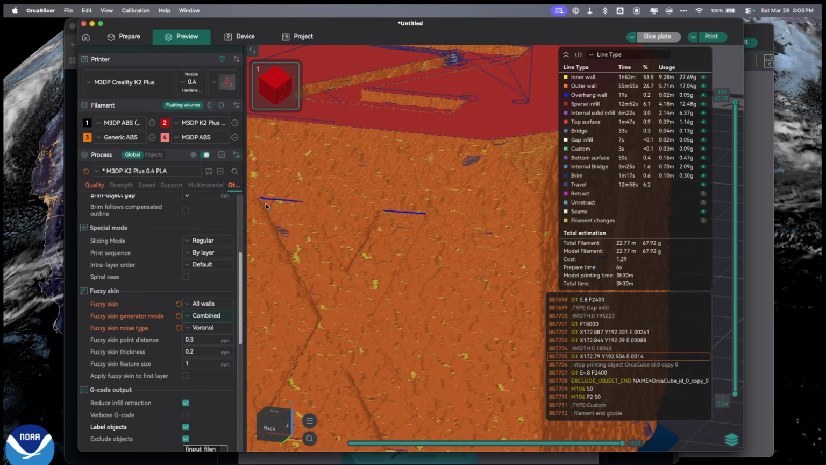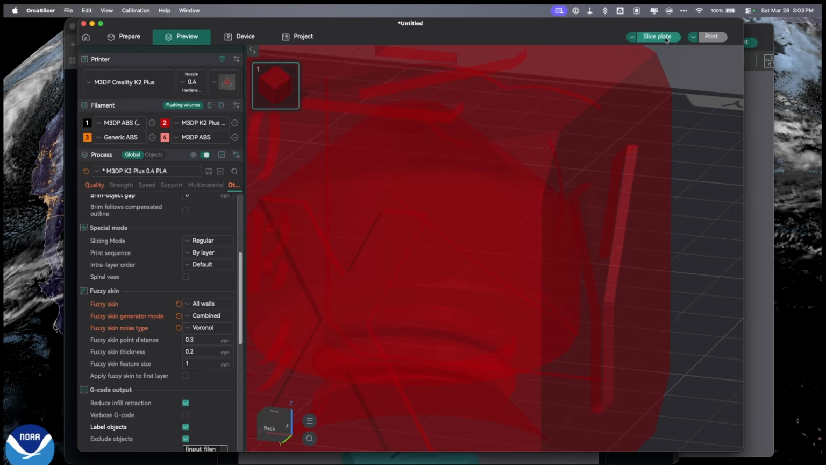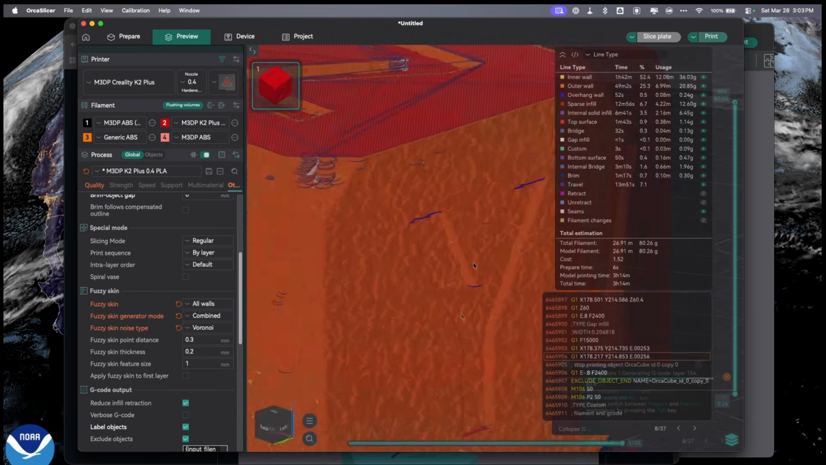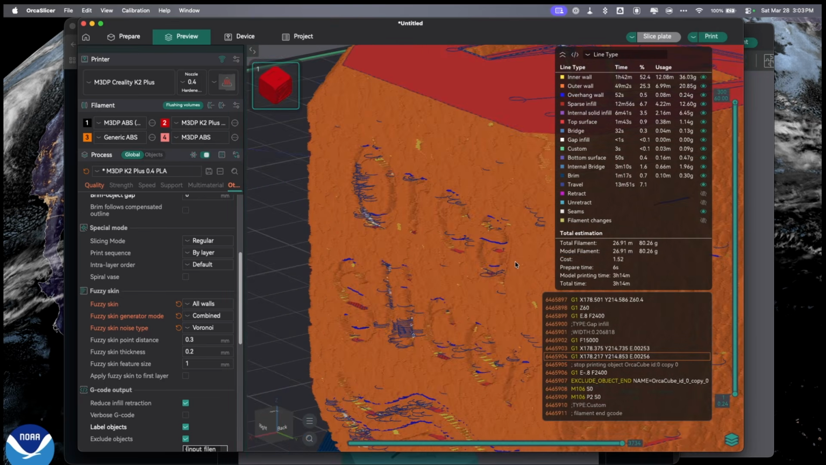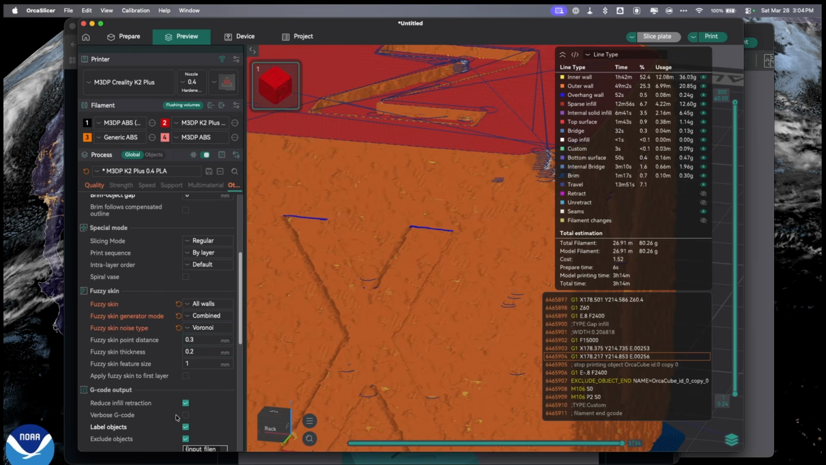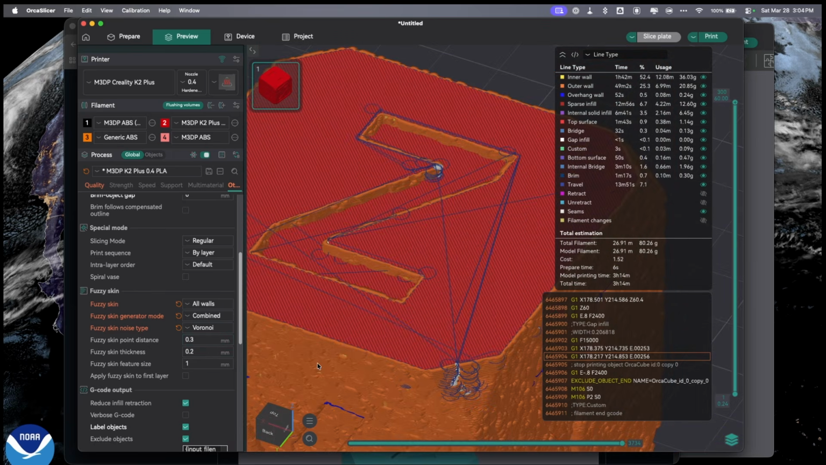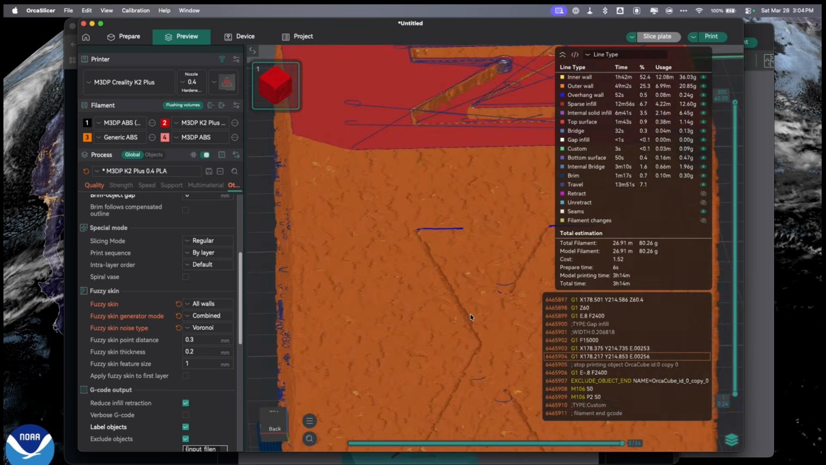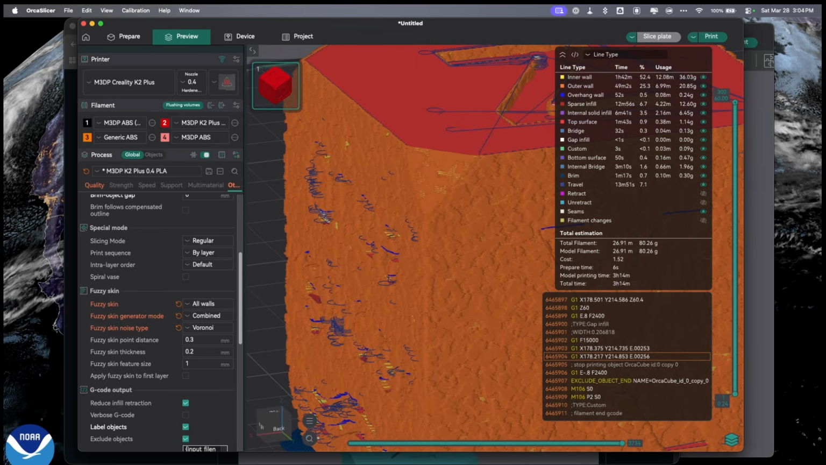We can go combined. And let's slice this again. And there's different things happening here. So we have some different options on how we handle that fuzzy skin look. And these are creating some different things here for us. We have some other options here to how we use this or how we put this together. It will help us change the aesthetic look. So with that being said, let's switch over and take a look at a